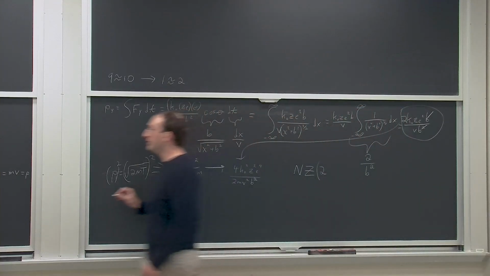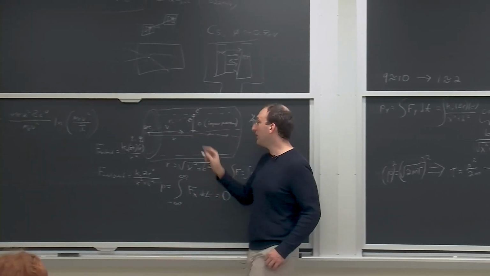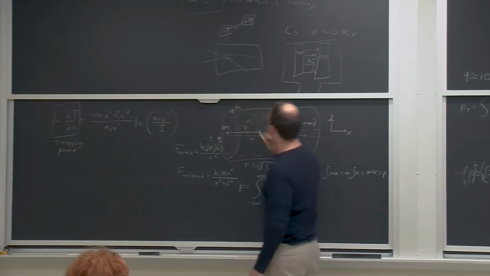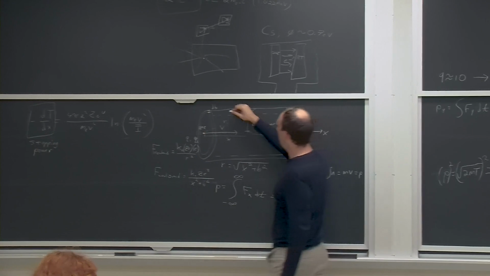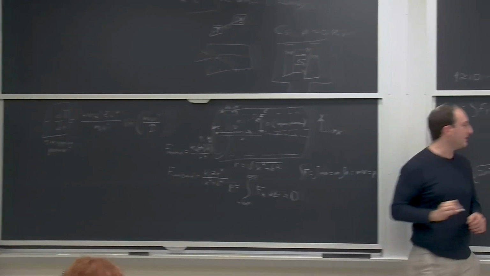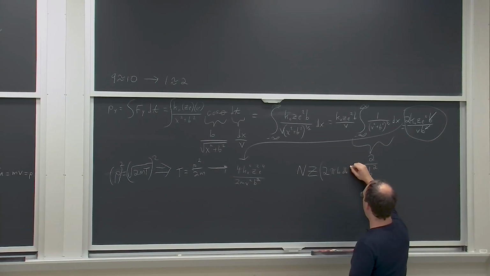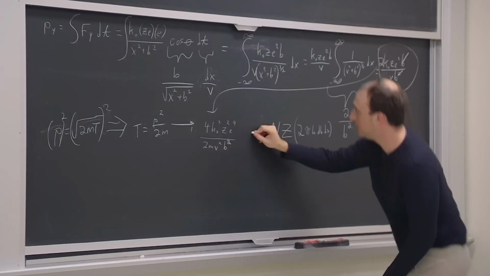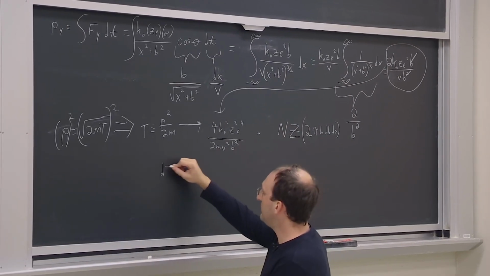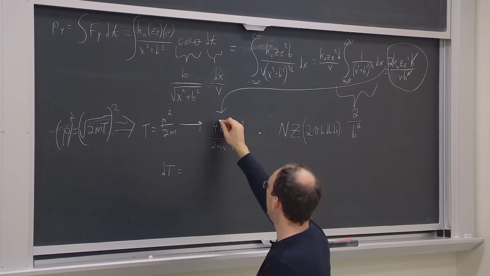Well, 2 pi b gives us the circumference of this circle on the outside of the cylinder. And if we add a little dB there, some differential thickness element, and we add on a little dx for some differential distance down this cylinder, we end up with 2 pi b dB dx. Multiply by this stuff, and we get some differential change in energy